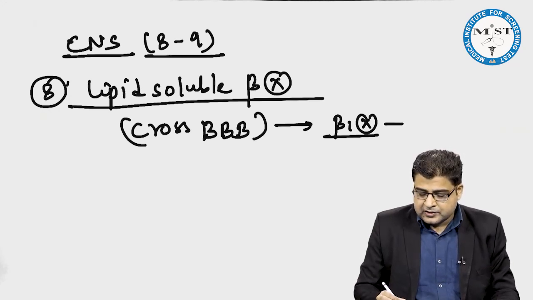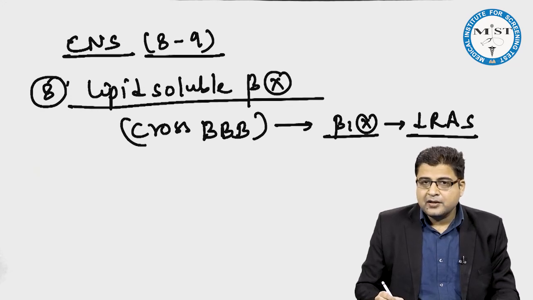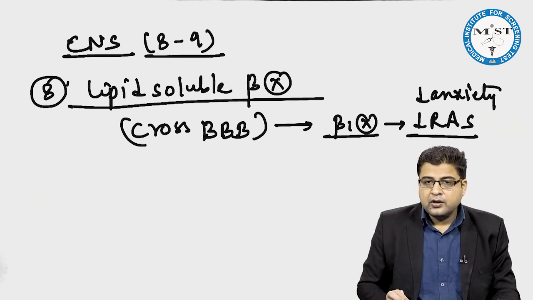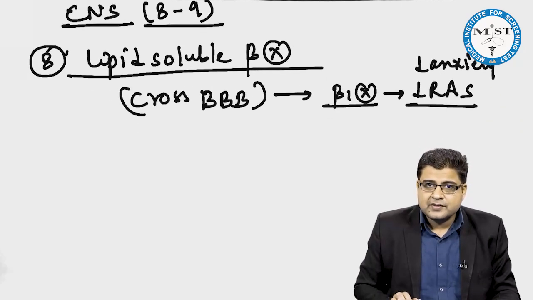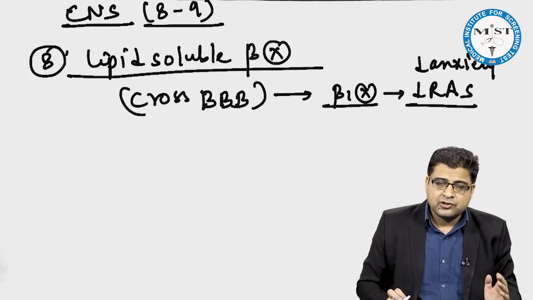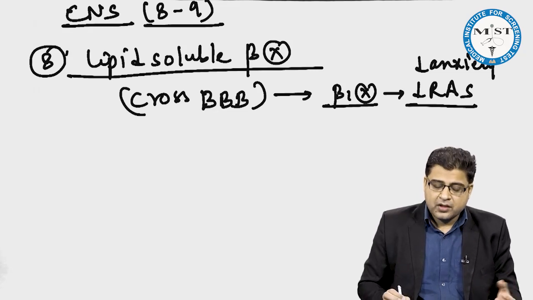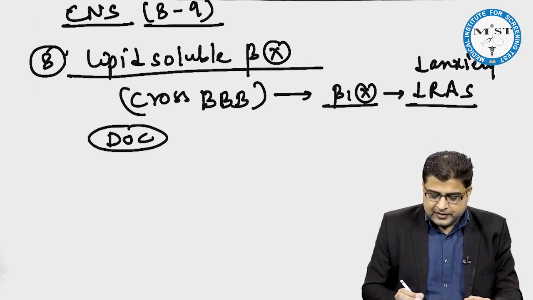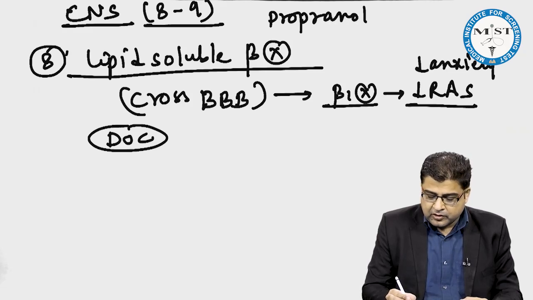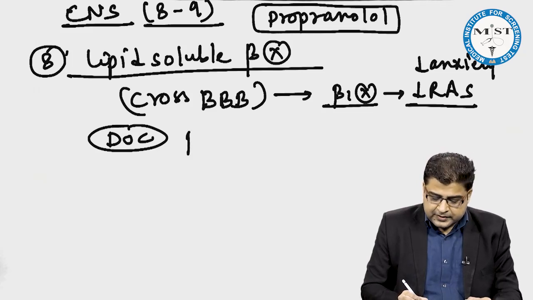Now, one of the centers which is blocked by this medicine is RAS. So, patient will remain sleepy. Patient anxiety will be relieved. So, important side effects of these medicines are sedation, drowsiness, and depression. But we can use this action of beta blockers for the treatment of conditions like performance anxiety. So, please remember there is a lipid soluble medicine propranolol. Drug name is propranolol. This medicine is drug of choice for performance anxiety.